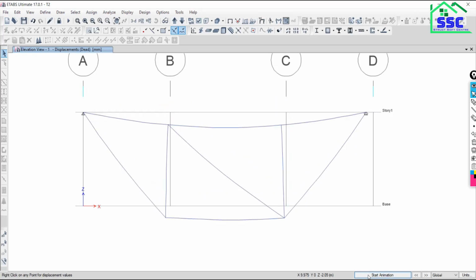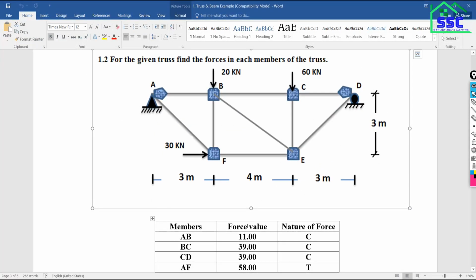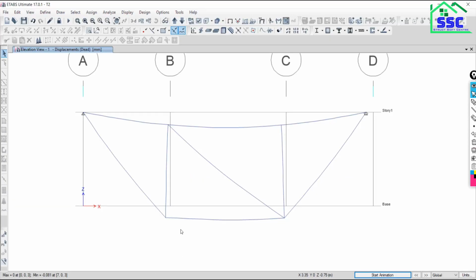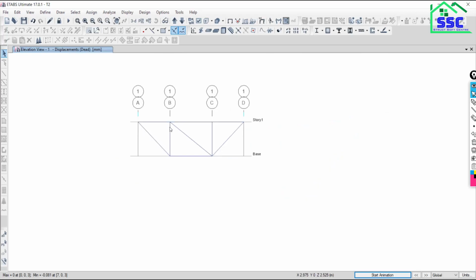Just stop it. What we have to do is check the model. We have to check the axial forces in the members of the truss and verify with this result. But one thing we again left out, that we have to assign the releases at both ends.